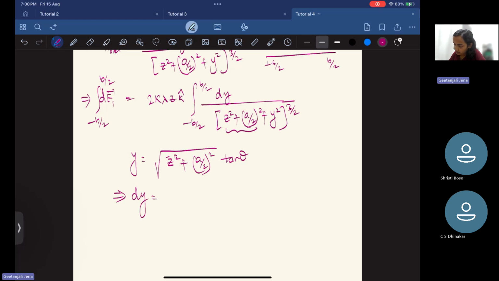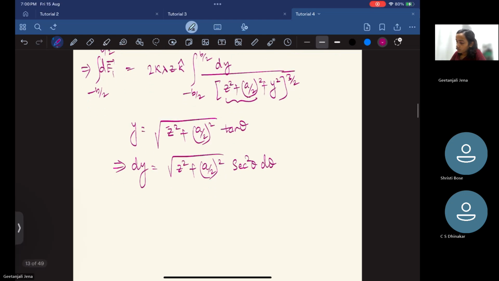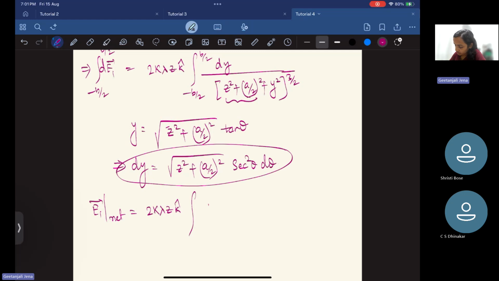So dy is this constant, square root z square plus a by 2 square, sec square theta. So we have E now, or the field, 2k lambda z k cap, and for dy just make the substitution. This will give square root z square plus a by 2 square sec square theta,